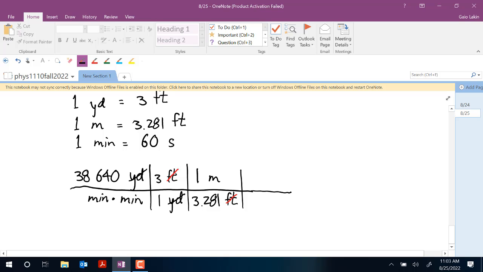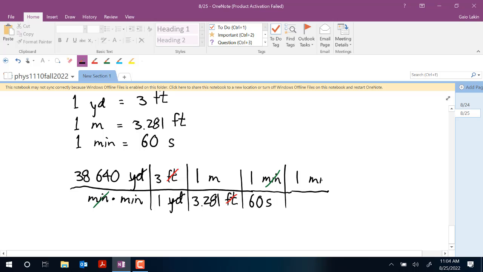Minutes are in the denominator. So our conversion factor has to have minutes in the numerator. So we'll have 1 minute over 60 seconds. And that cancels, let's say, the first one of those minutes. If we left it here, we'd have some number in these funky units of meters divided by minutes divided by seconds. Okay, it's not quite what we want yet, so we have to multiply one more time